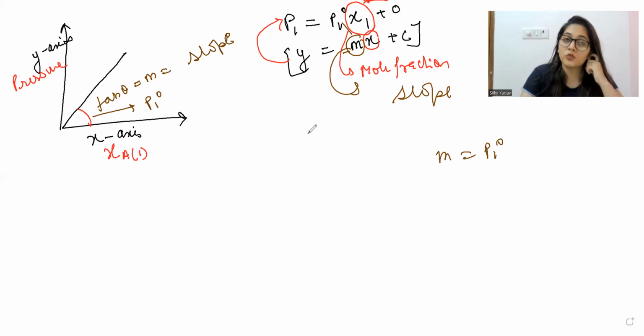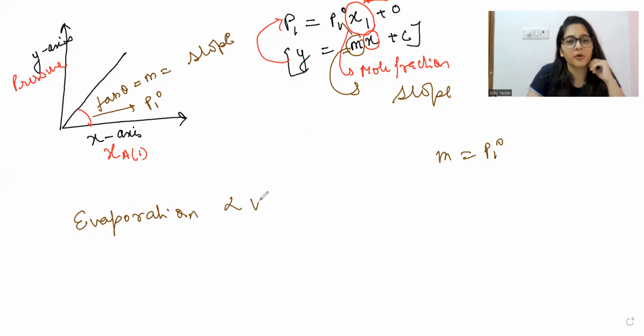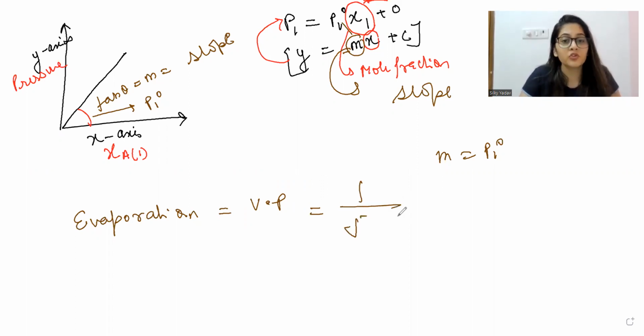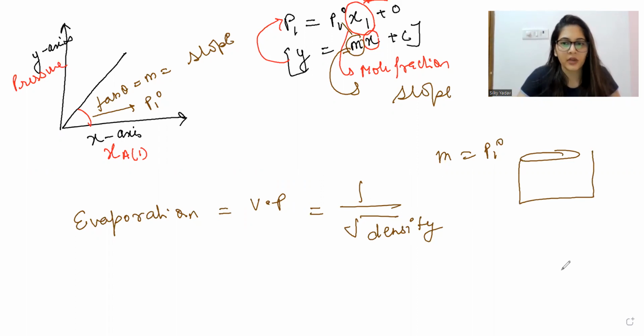This was in terms of Raoult's law, but there is another scientist, Graham. According to Graham, he talks about evaporation, or you can also say it in terms of vapor pressure. Graham says that vapor pressure is inversely proportional to the square root of density. He has a different way of thinking, let me tell you how. Graham says that if you're having